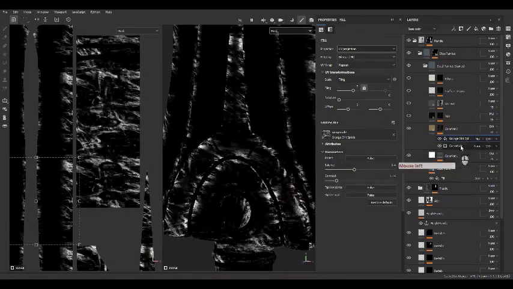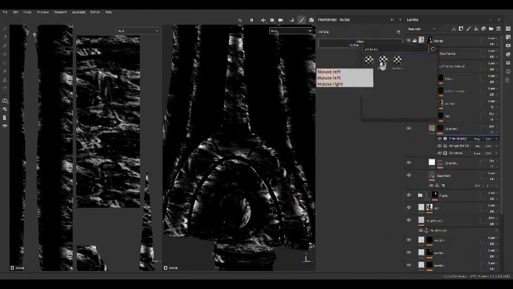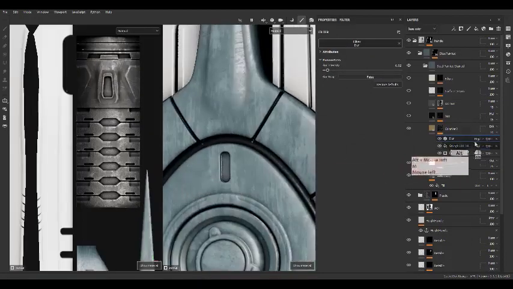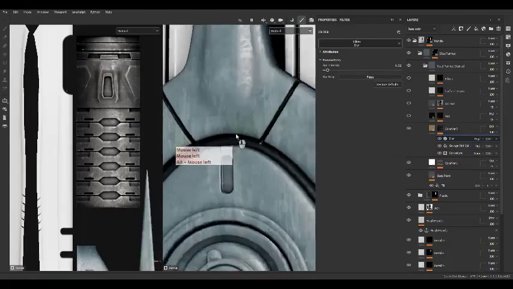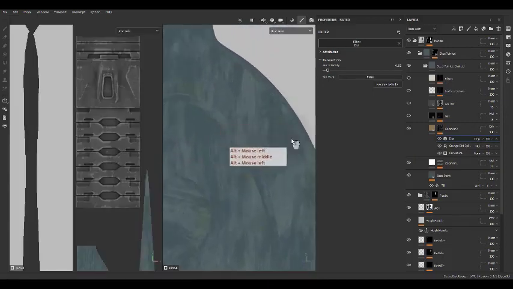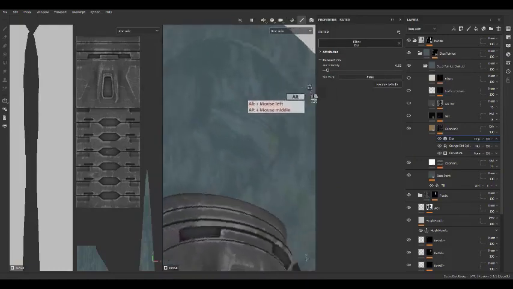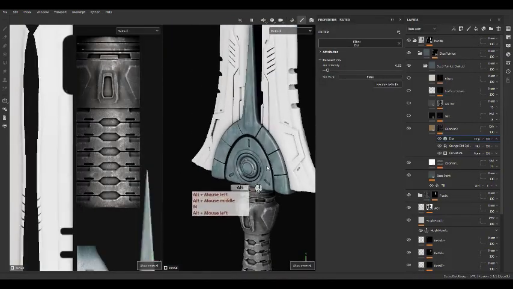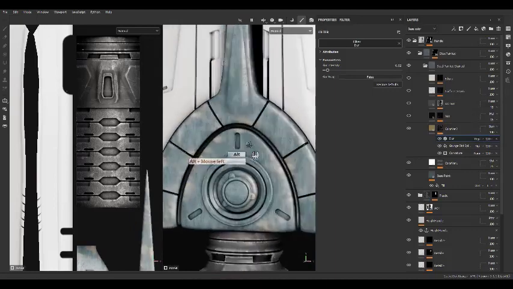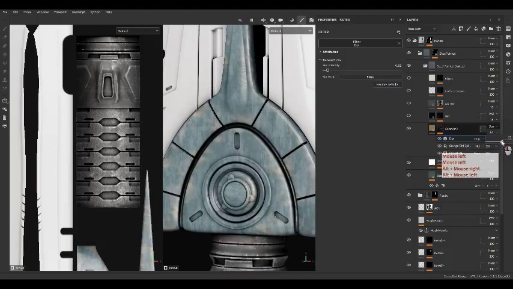So we can add a filter like blur. Okay, like this. And yeah, we have some yellowish or orangish color variation inside our color. So now we can play with the blending mode again to see what is the result. Okay, I think screen is good. And if we decrease the opacity,